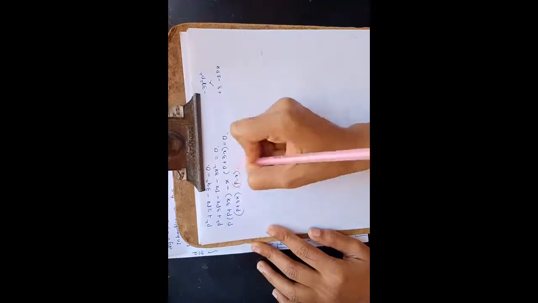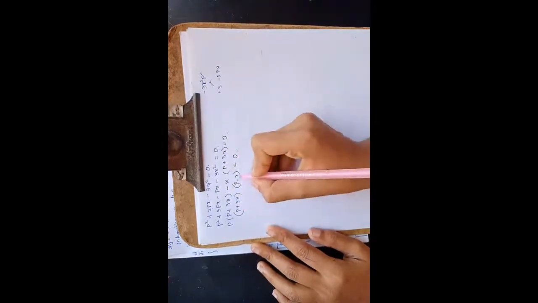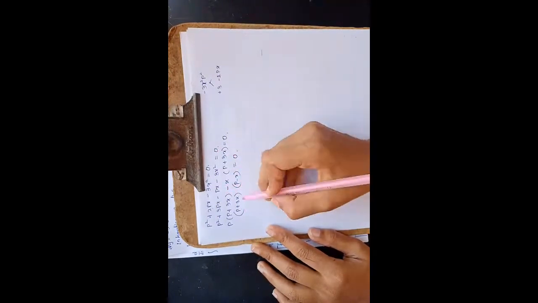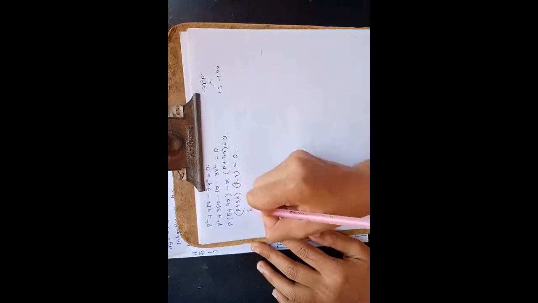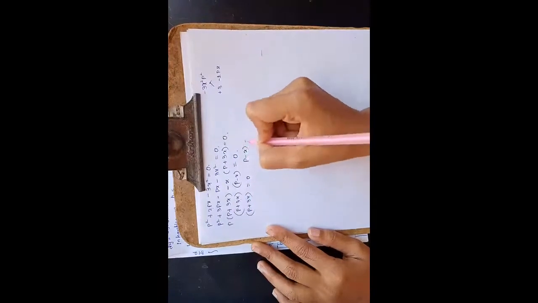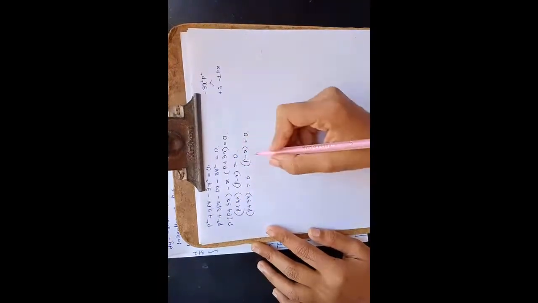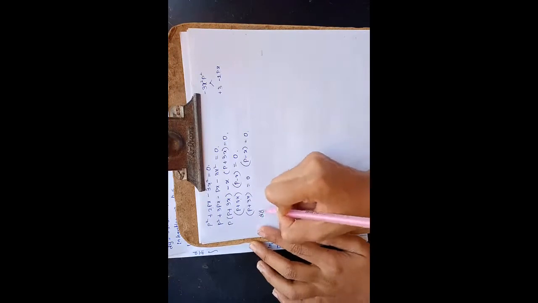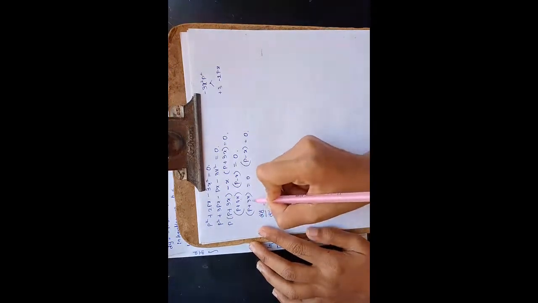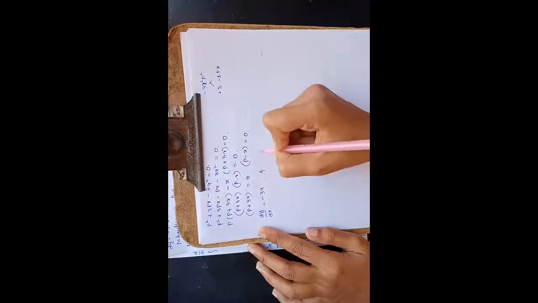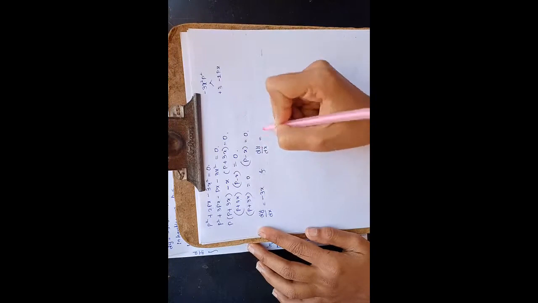So these two are equals to 0 means this one is equals to 0 and this one is equals to 0. So now we equate each factor to 0, that is p plus 3x is equals to 0 and p minus x is equals to 0. Okay, so in the next step we have to replace p by dy by dx. So now dy by dx is equals to, take 3x to the right hand side, so it will become minus 3x, and the second term dy by dx is equals to positive x. So now separate the variables.